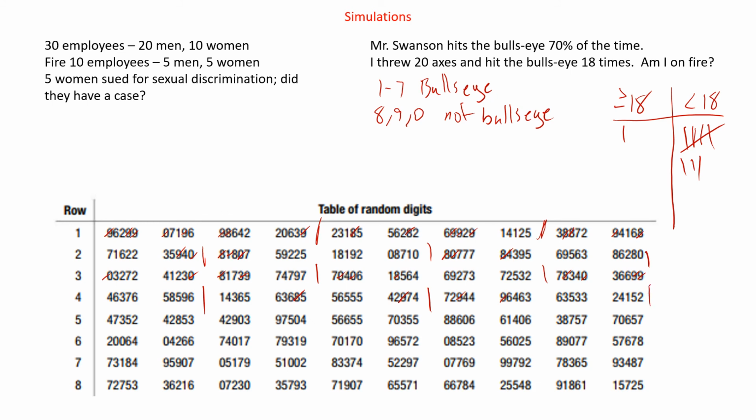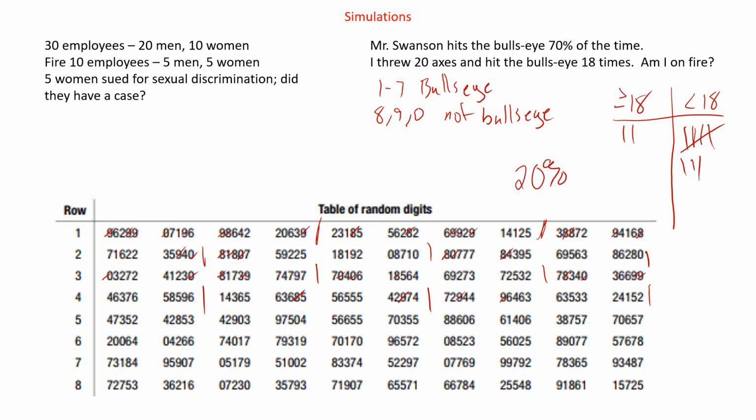Oh, hey, there's another one. 10th trial, I got another. And then we could keep doing that. I'll stop at 10 trials so that you guys don't have to keep watching this. And so out of my 10 trials, I hit 2 out of the 10. So I'm hitting 18 out of 20 bullseyes